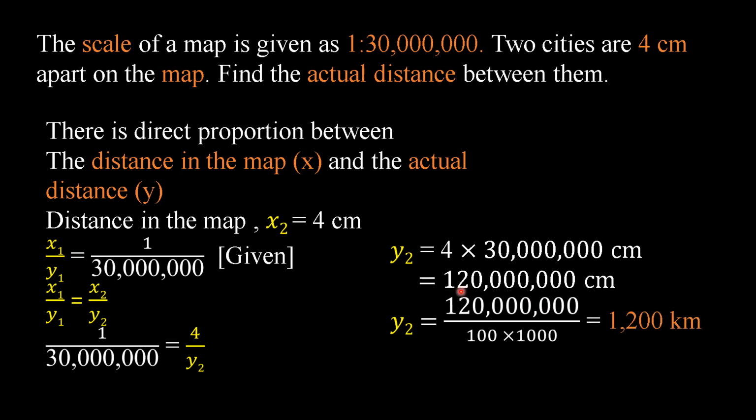To convert centimeter into kilometers, we have to divide by 100, which makes centimeter to meter, and divide by 1000, which makes meters into kilometers. This 5 zeros cancels with these 5 zeros, and we are left with 1200 kilometers. Actual distance will be